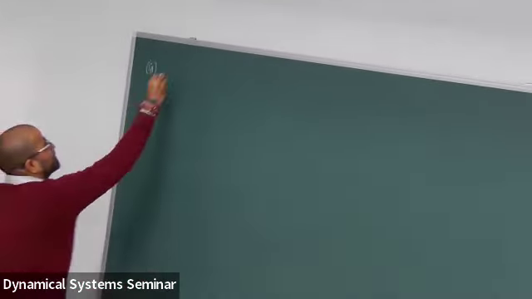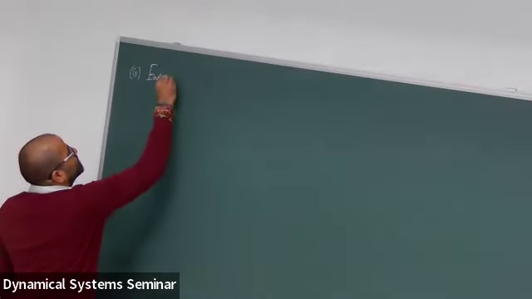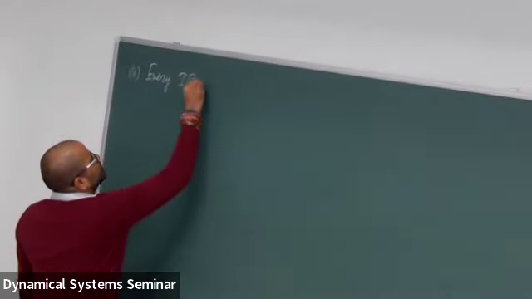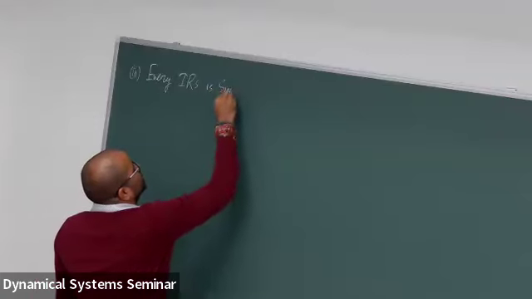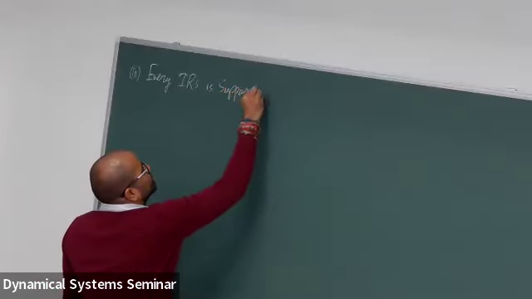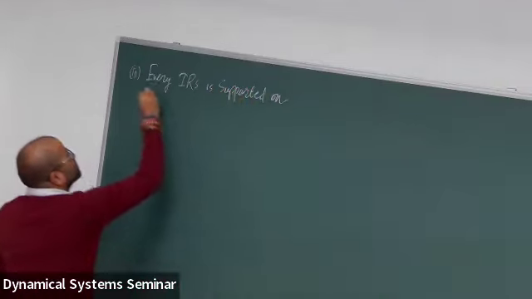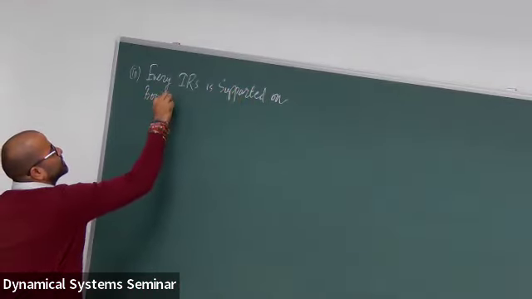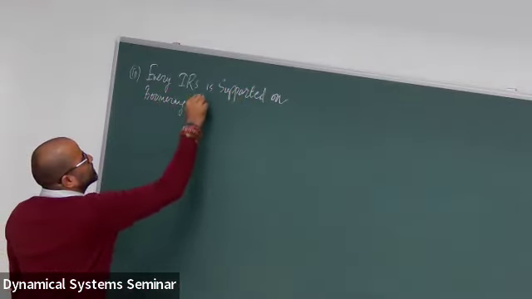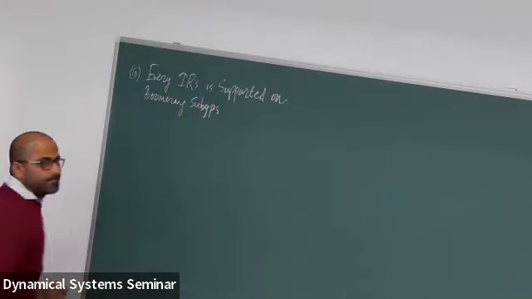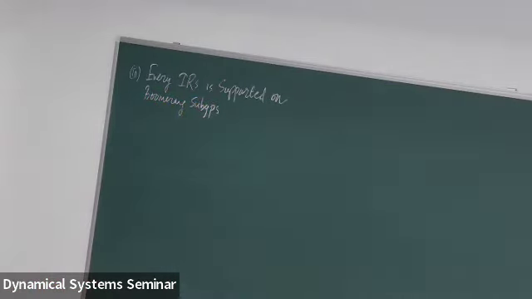So I claim that every invariant random subgroup is supported on Boomerang subgroups. So if there is an invariant probability measure on Sub(gamma), then mu-almost every H is actually Boomerang. So this is what I claim. And the reason is the Poincare recurrence theorem.